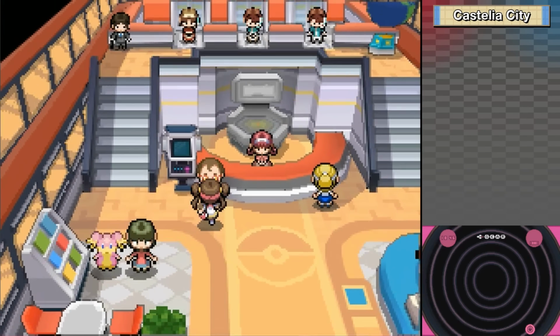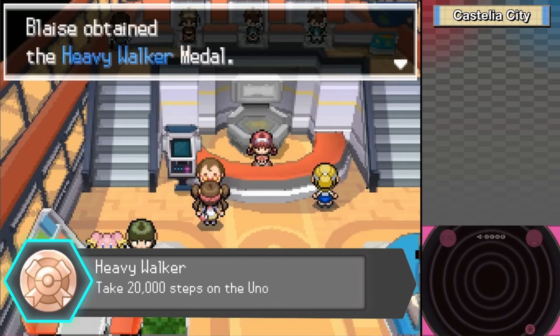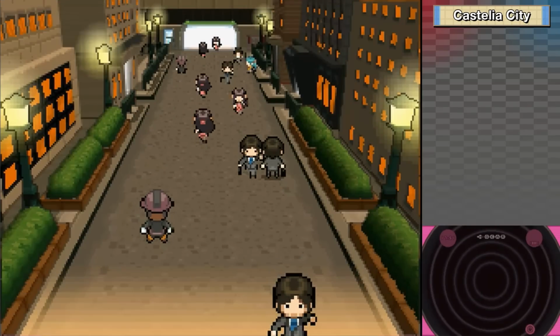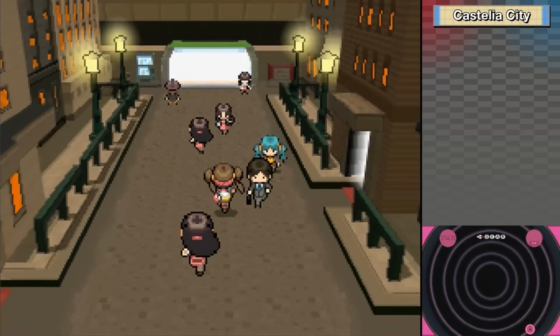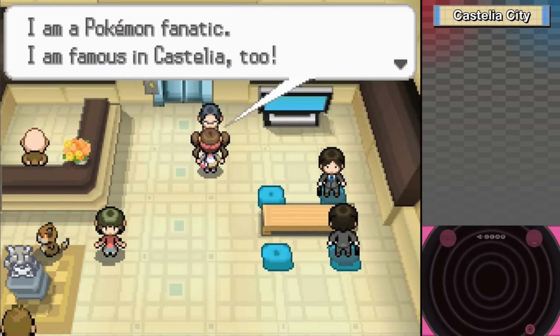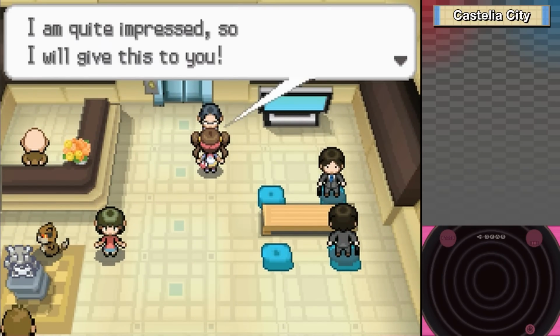And Mr. Metal, you have more for us? Heavy Walker. My shoes are already wearing out. I have come to an epiphany! After the Royal Unova, I noticed that we have seen 40 Pokemon! I am quite impressed. I will give this to you, the